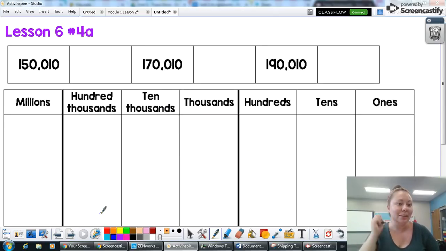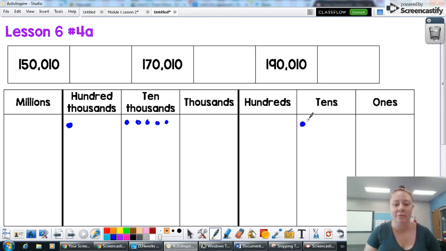All right, and the last problem that we have is number 4A. And we are looking at this pattern. So it asks us to draw a picture to show how we found the pattern. And so I already went ahead and put in a place value chart. You're going to want to draw a small place value chart in your workbook. The first thing I'm going to do is I'm going to put the first number in my chart. So I have 150,010. So I have 100,000, 5 10,000s,